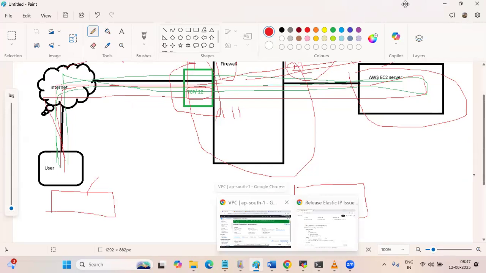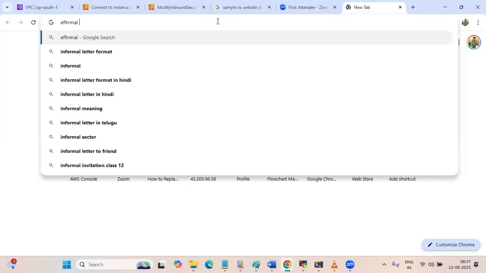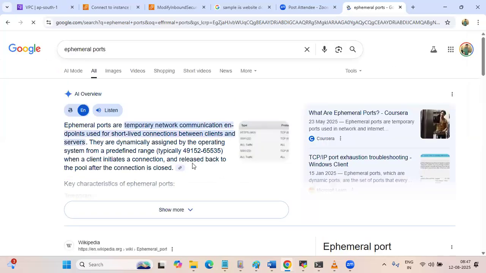We can browse it here, ephemeral ports. By default it typically takes 49,152 to